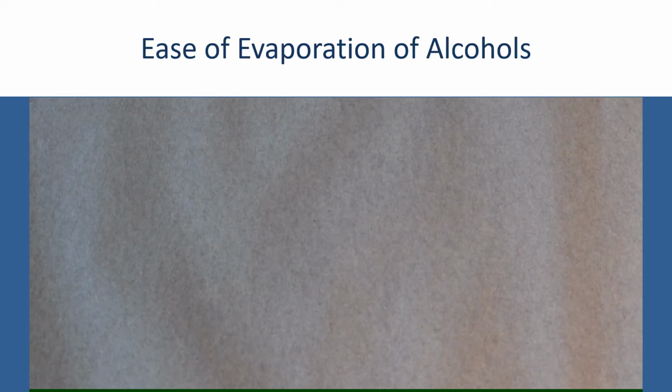So in this experiment, we want to see if we can observe a trend in the ease of evaporation of the alcohol family. All I'm going to do is put a couple of drops of alcohols from methanol up to pentan-1-ol on this blue tissue paper, and we'll be able to observe how quickly they evaporate. So if I start with a couple of drops of methanol,